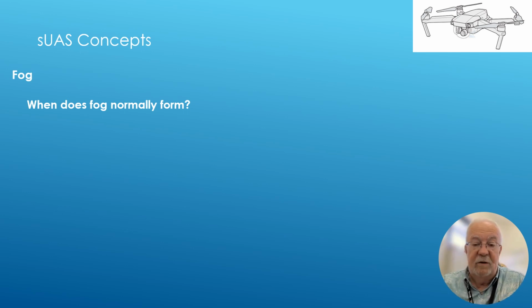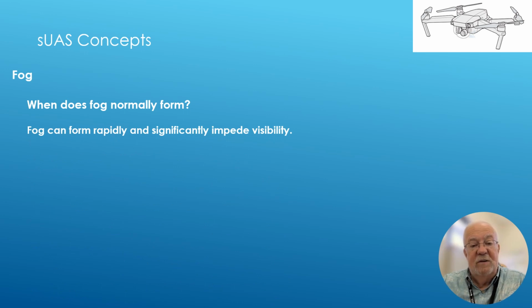We have different kinds of fog, but it normally forms in the morning or in the evening when the temperature drops. It's pretty typical, right? The earth is being heated by the sun, so the ground is warmed, and it warms the air above it. And the warmer the air is, the more moisture it can hold. So when the sun goes down, the earth starts cooling off, and that cooler ground cools the air above it, and if the air is saturated with moisture, it turns into visible moisture, fog.